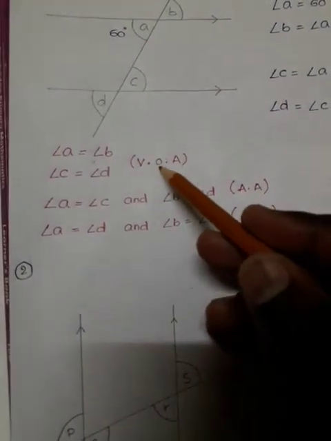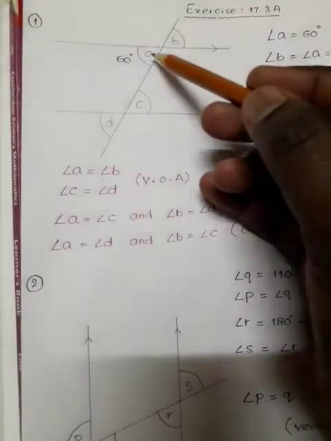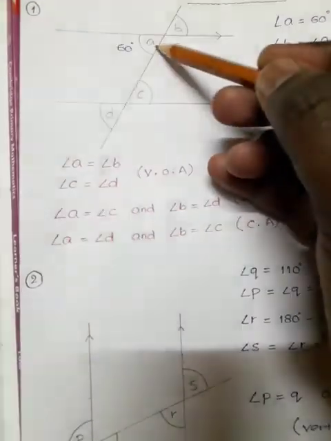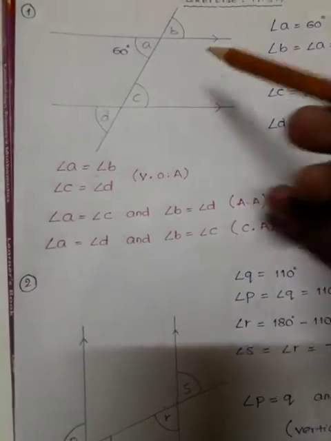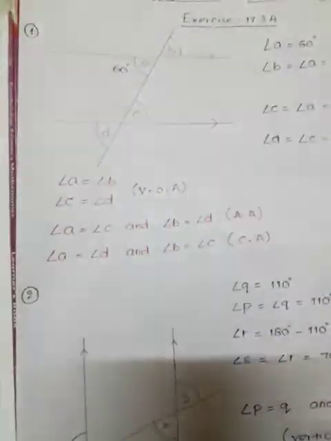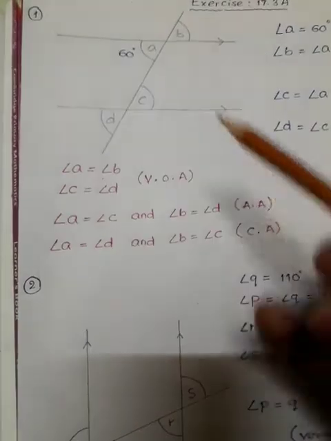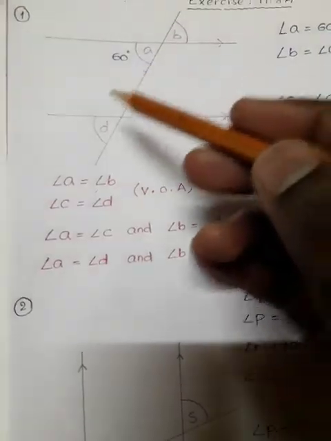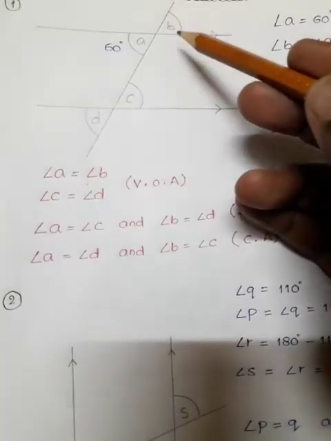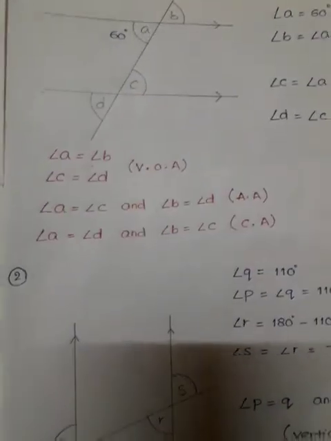So these two are vertically opposite angles. Now angle A is equal to angle C, that means both are inside the parallel lines, and B and D are both outside the parallel lines, but one is right, one is left. So that is alternate angles. If we compare the same side of the parallel lines, angle A is equal to angle D and angle B equal to angle C, that is corresponding angles. Okay. Similarly, coming to the next question, whenever there are parallel lines, you can use all the properties.